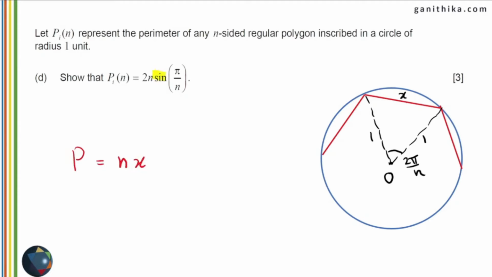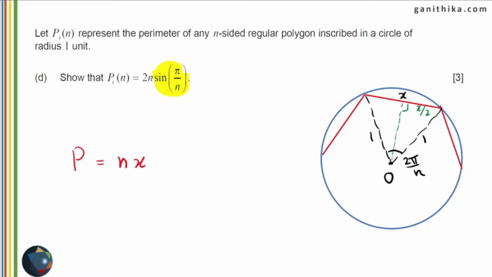But look at the question. The question is in terms of sine and not in terms of cos. If you use the cosine rule, you'll have cos in your answer and then you have to change that to sine, which will be more tedious. So make a smart move here. The question is in terms of sine, so it's better to go with the right angle triangle method.